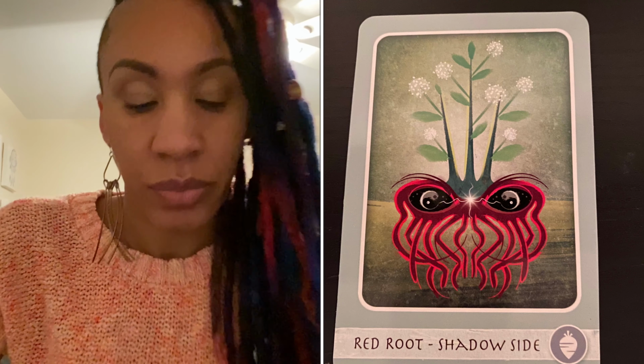So even when you feel like you're being leveled and steamrolled in your life, your roots can still hold you down. Your roots are still going to stay firm and be able to resurface and keep you grounded and standing tall when you need to. So I actually pulled Redroot, and Redroot represents your shadow side. So in that,